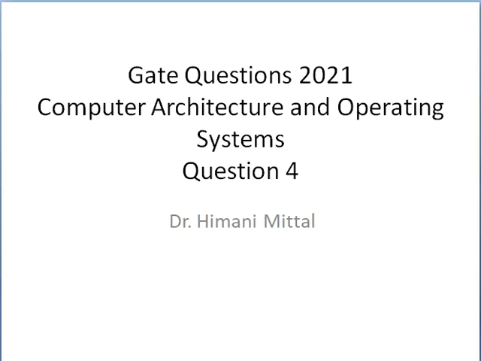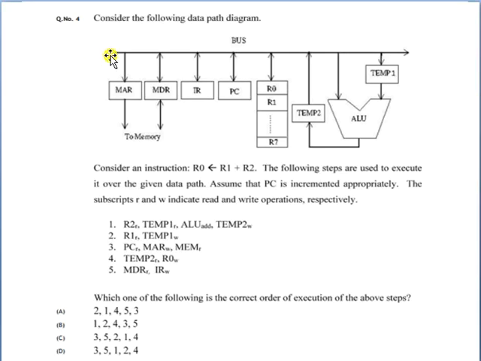Hello friends, in this video we will look at the question number 4 of the GATE 2021 question paper. So let us begin with the question number 4. Question number 4 is purely from computer organization, in which we are given an arrangement in which we have the